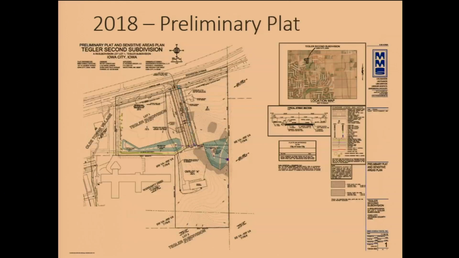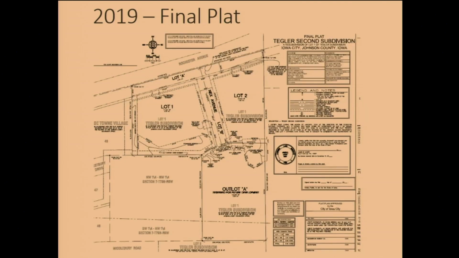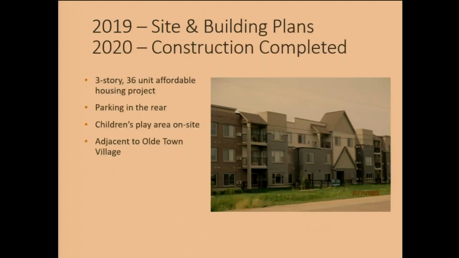After the rezoning, they came back with a preliminary plat application that showed the proposed lots and outlots, and the creation of a new road called Next Avenue. And then they went through the final platting process, which records these lots and is an official record of these lots. After 2019, they came in with a site plan and building plans that were reviewed by staff, and in